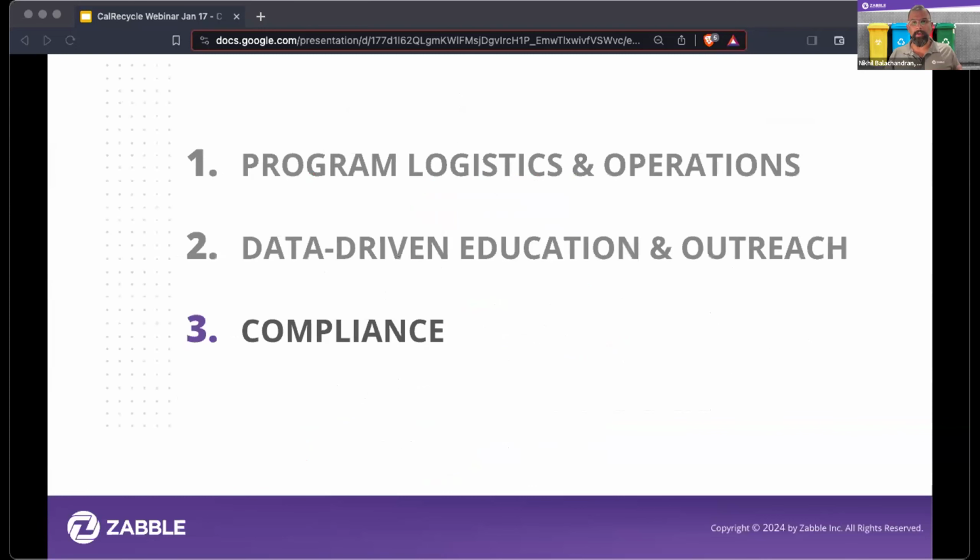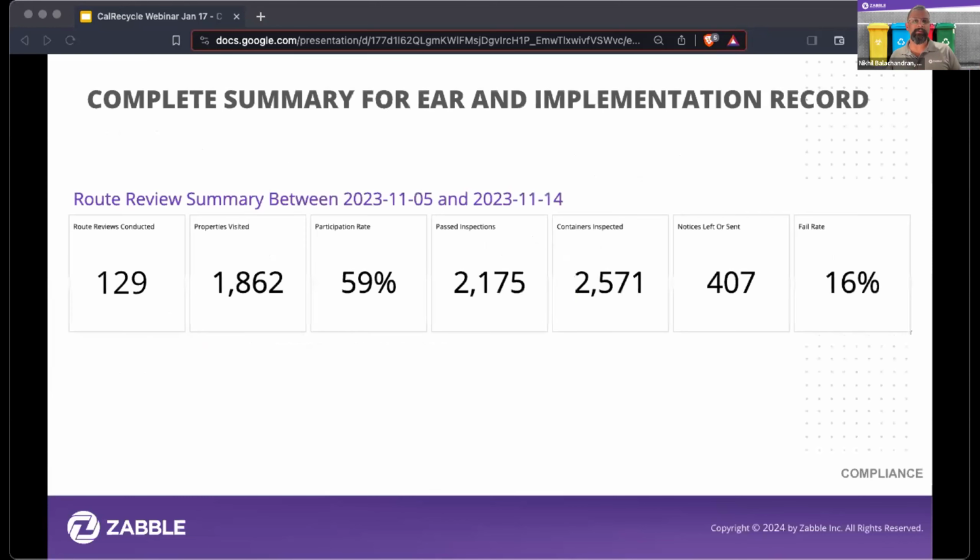And lastly, this is why we're all here today: compliance. Let me quickly give you a sense for how the metrics get aggregated as someone is out in the field collecting the information. You start to see these dashboards visually populate, and they're telling you a story about how the city is doing across this little sample.